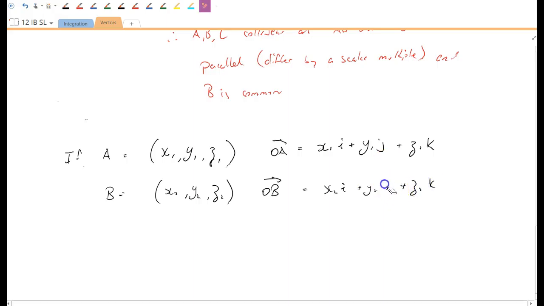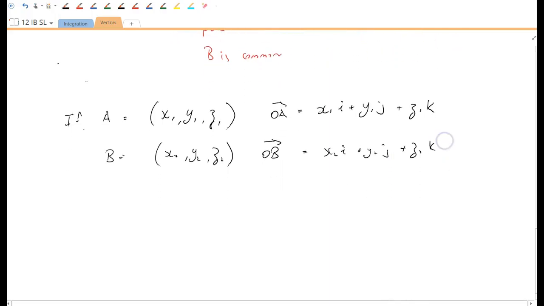Then if we want to now work out the distance, therefore distance AB, the distance between those two points will be equal to, just as in 2 dimensions,